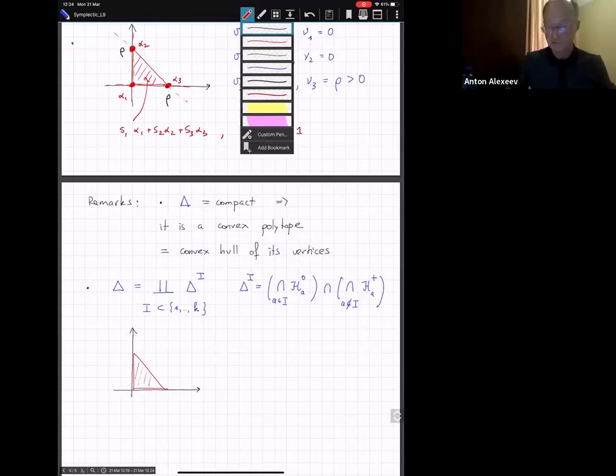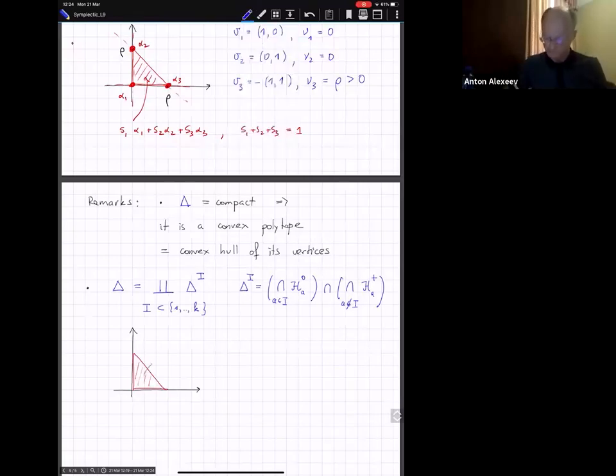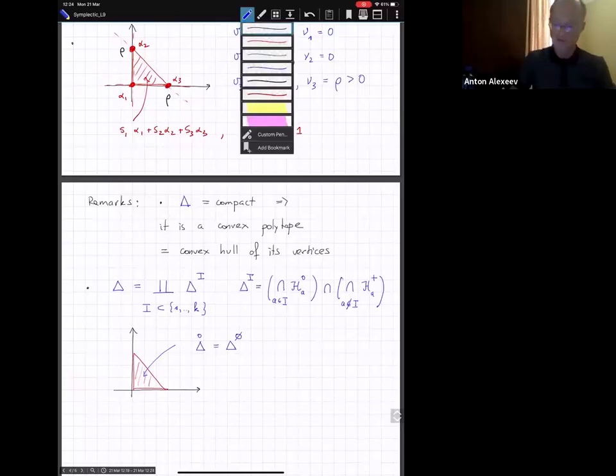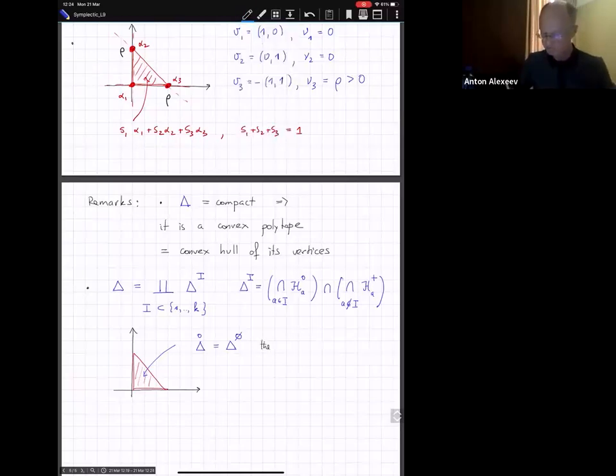So first of all, there is the interior of delta, and this is delta empty. So I don't choose any indices. That's the intersection of those open half spaces, right? So that's the interior